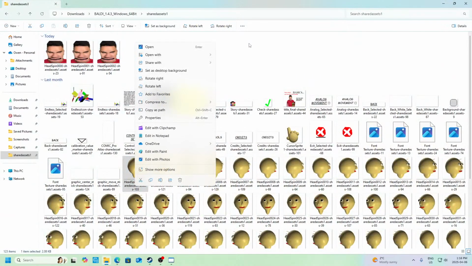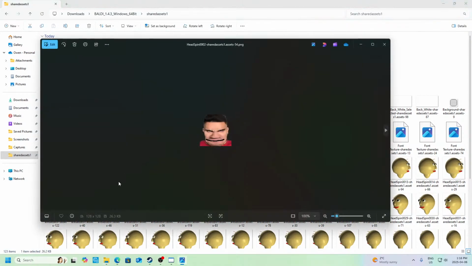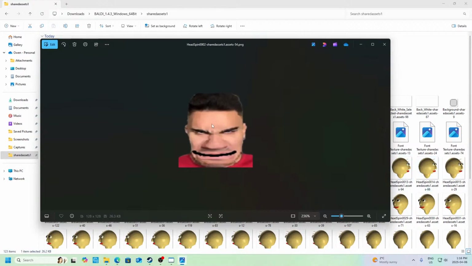So yeah, it's really important to change the resolution to the same resolution as the Baldy texture, because if you don't change the resolution to be the same as the resolution of the Baldy texture right here,